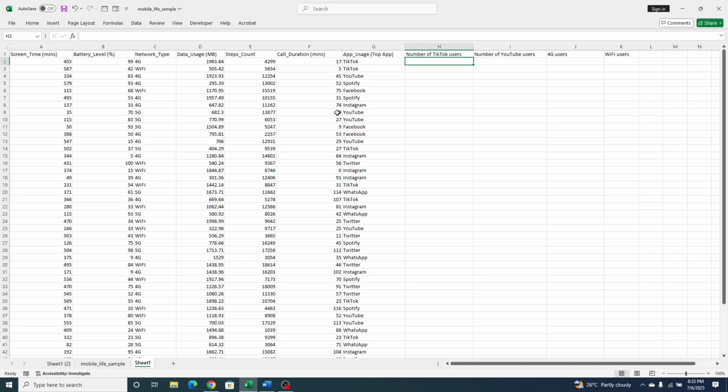So in this data set I have mobile phone users, and then we have here column A, the screen time in minutes, the battery level, the network type, the data usage in megabytes, and all the way to the top apps they've used. So if we wanted to count the number of TikTok users, it is okay for us to just count them over here, saying 1, 2,